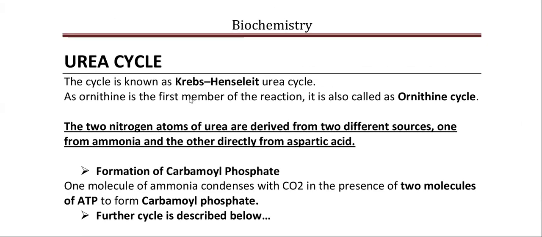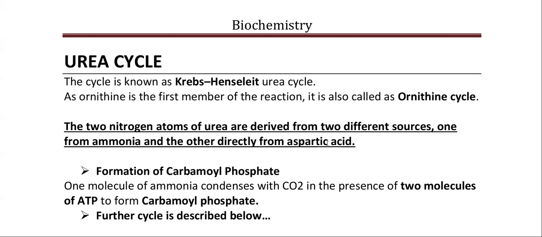Urea cycle. The cycle is known as the Krebs-Henseleit urea cycle. As ornithine is the first member of the reaction, it is also called the ornithine cycle. The two nitrogen atoms of urea are derived from two different sources, one from ammonia and the other directly from aspartic